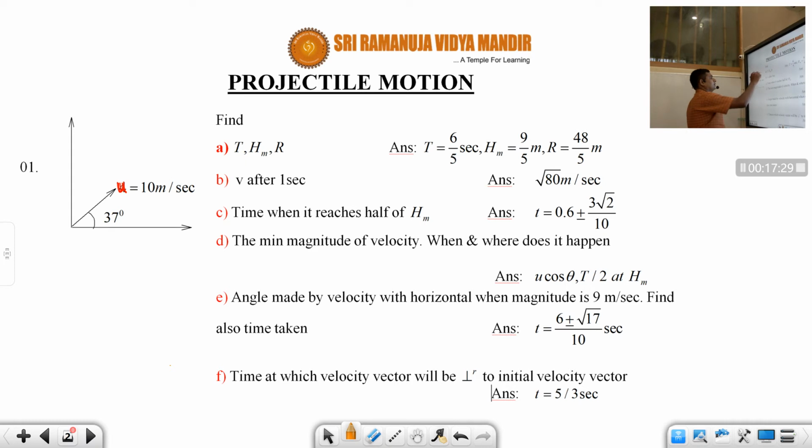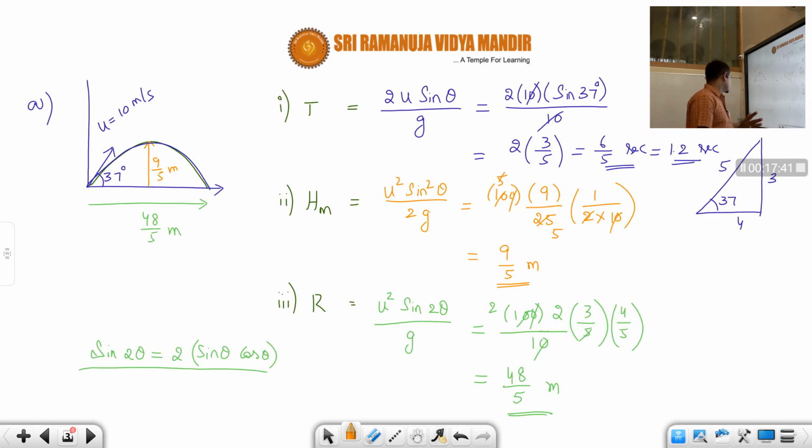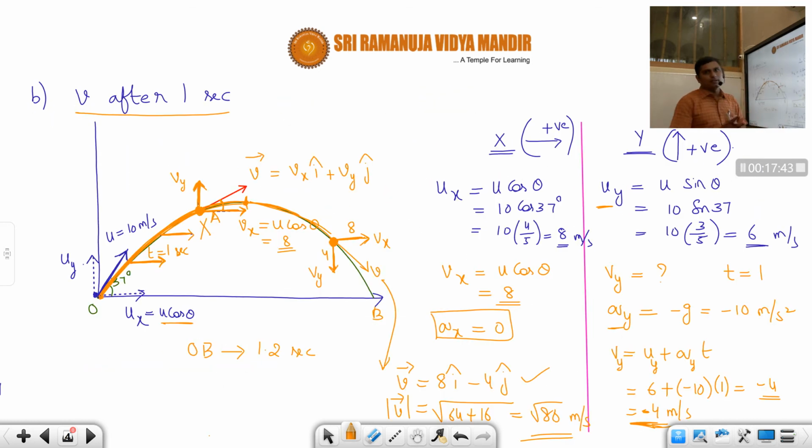Okay, students. So I hope the first part is clear. Time of flight, maximum height, range, direct formula. Whenever you are asked to find out velocity after some time, the standard procedure is what we have just seen. First, that velocity will have two components. They are asking us velocity in the projectile after some time. Now that velocity at any point on the projectile will have two components, Vx and Vy. Vx directly we can tell from Ux, because Vx is always equal to Ux. Then Vy, how to calculate?